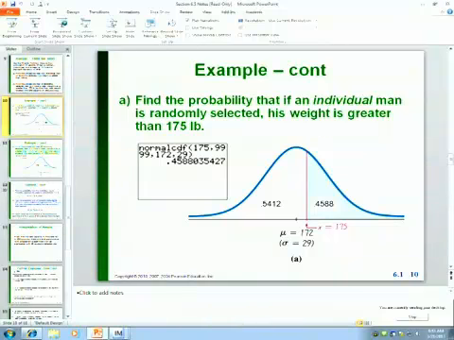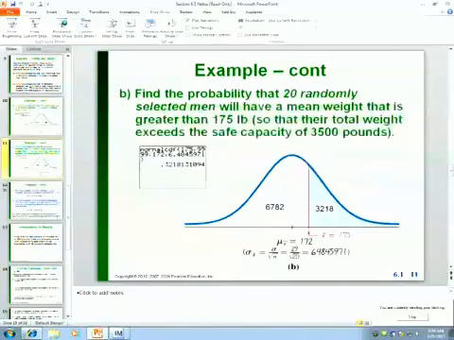Nothing different about that problem. That's the exact same thing we did last night. The probability that an individual would weigh more than 175 is about 46%. The probability that an individual would weigh less than 175 is about 54%. Here is the different part of the problem, though. The B part